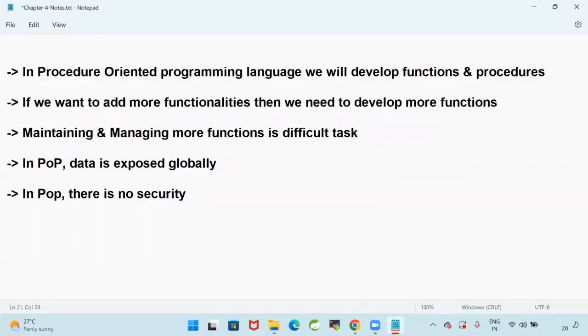Similarly, I have one application. In that application, if I want to add new functionality,